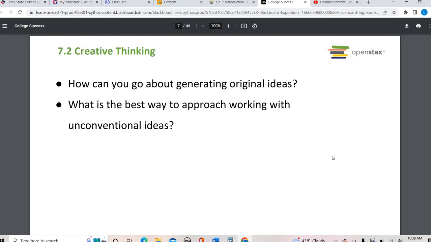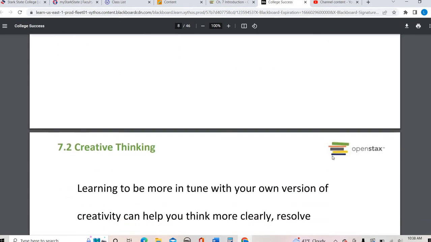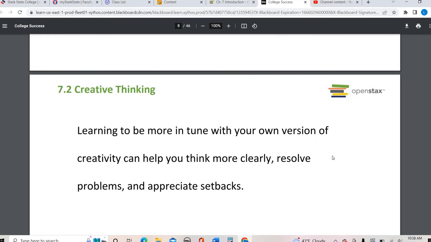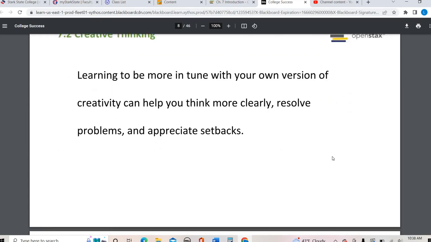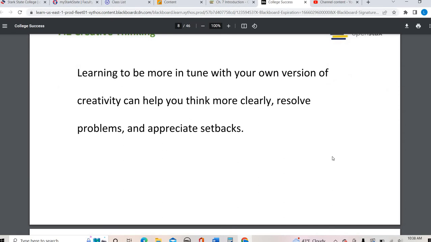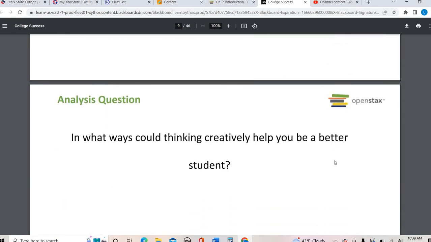So one of the things that our chapter does start with is creative thinking. And creative thinking, I think, is necessary just about no matter what field you're going into. And so sometimes people really do say, oh, they're just not creative. But that doesn't necessarily mean you don't have the potential to be. So creative thinking is really looking at problems or issues or ways to do something that is a little different or outside the box, or even if you're just tweaking something the tiniest bit.